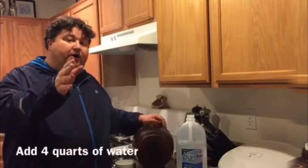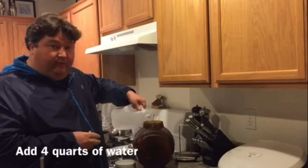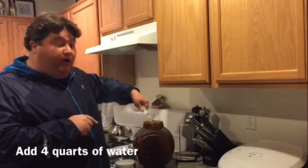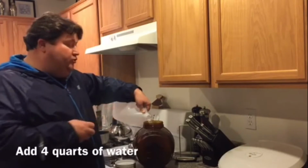Well, we're going to let this sit for a little bit and get to our next step. Our next step is fairly easy. We're just going to take 4 quarts of water and fill our fermenter. Now you want to make sure to put the water in the fridge beforehand, because you want to cool it off. We're later going to be adding hot malt extract in here, and to counteract that we want cool water